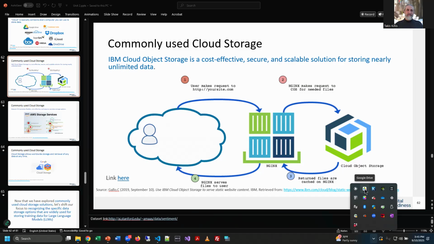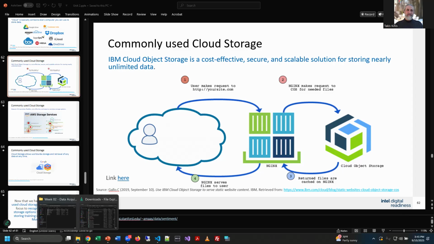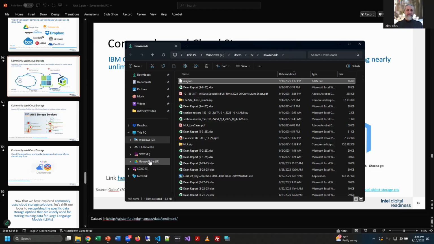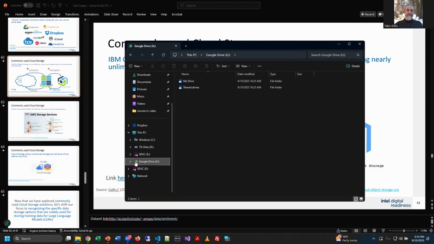But with Google Drive, for example, you don't have to use it through your browser alone. You can search for Google Drive file stream, an installable piece of software that runs resident in your system tray, like you see here on my system. And in my file explorer, my Google Drive comes up as Drive G. It comes up as a drive letter.